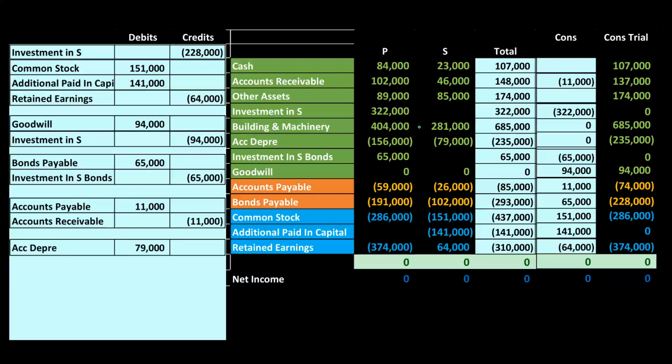So we're just going to say, all right, debit the depreciation expense, just like we've seen in prior examples, for that 79,000 of S's accumulated depreciation, and we're going to net it into basically the building and machinery. So instead of reporting these two amounts as building and machinery, PP&E, property, plant, and equipment minus accumulated depreciation, we are in essence going to net them together in the consolidation as we have seen in the past.